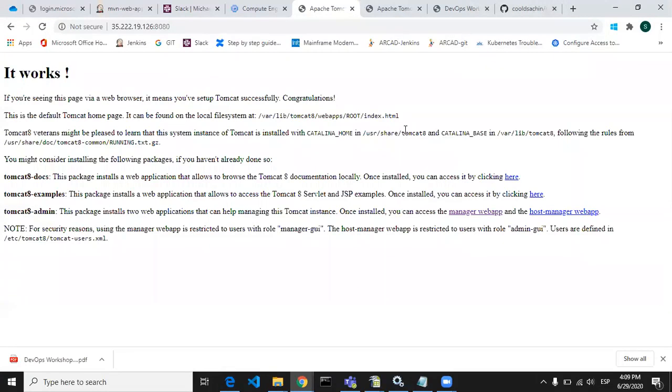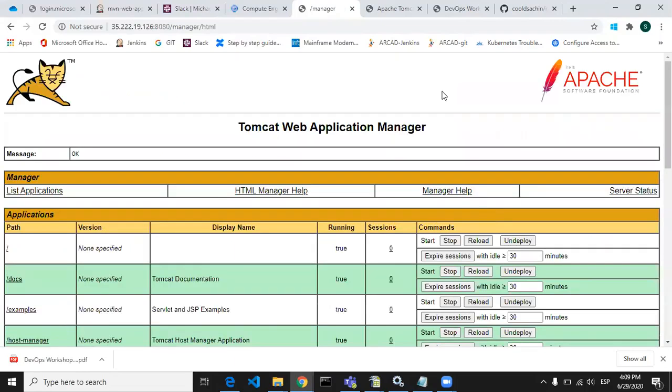So this screen will be seen. Okay, that means your Tomcat installation is done perfectly. Once you click on this Manager App, it will ask for username and password credentials. I have already given that username and password, so this screen appears directly. Okay, now your Tomcat installation is done.